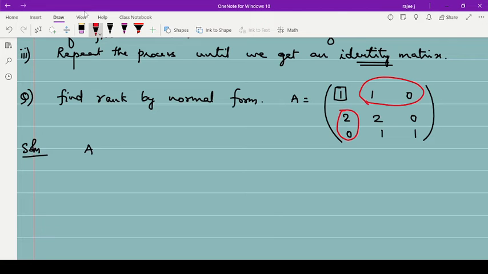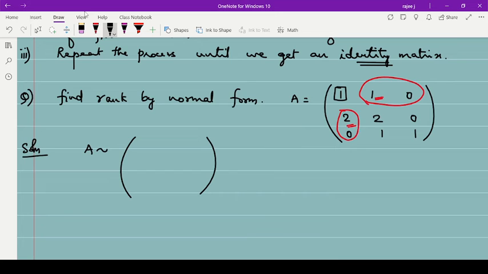To do that, A changes to: I'm going to make this one 0, so this is a column operation, C2 changes to C2 minus C1. This is the C2 element.